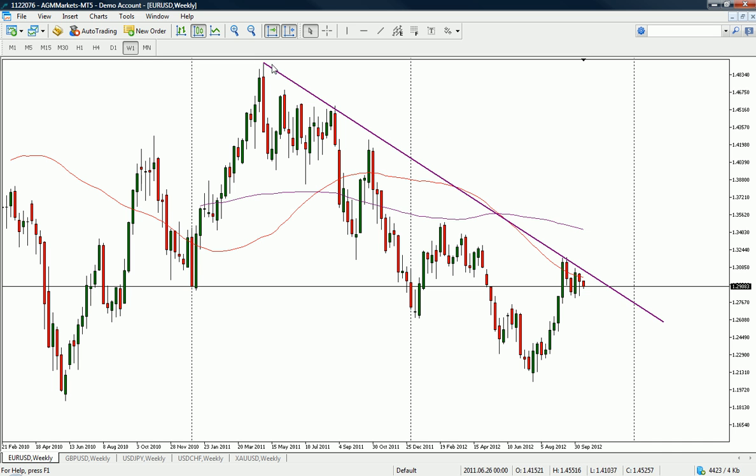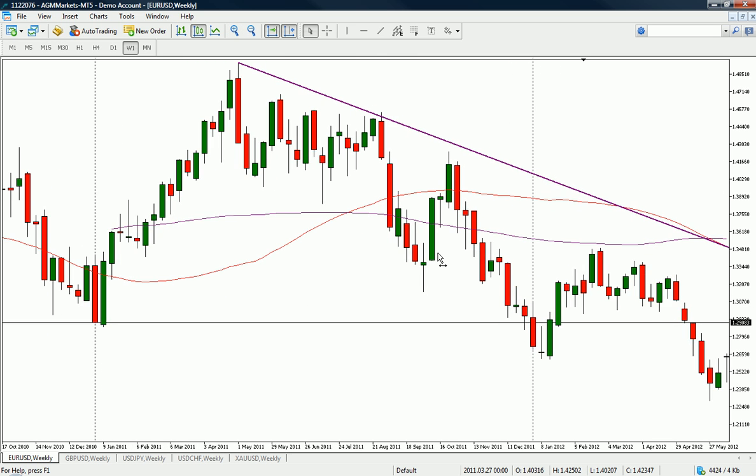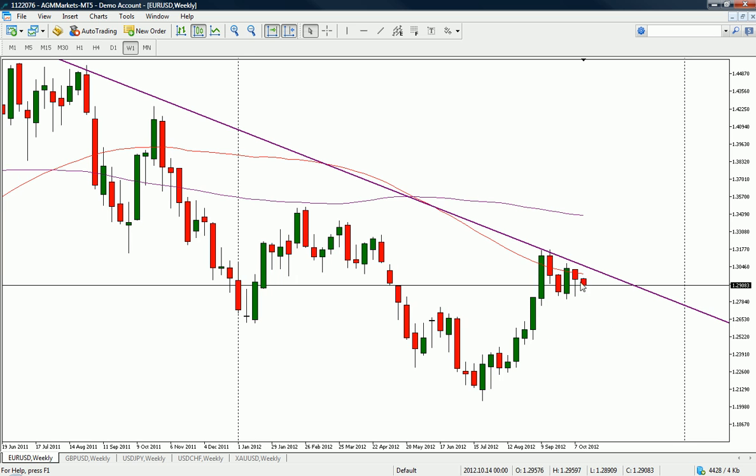But in terms of last week's candle pattern, if we just zoom in, you can see the price action last week was quite choppy. This is kind of indicated with this candle. It's not a bearish candle, even though it's got a little bit of a red hammer. If anything, I'd say it's bullish, because I prefer to focus more on the wicks of the candlesticks. And you can see in last week's candle we had a nice sort of low, decent length lower wick. Some people would call that a hammer, and it is the sort of hammer shape, although I prefer it to be a green